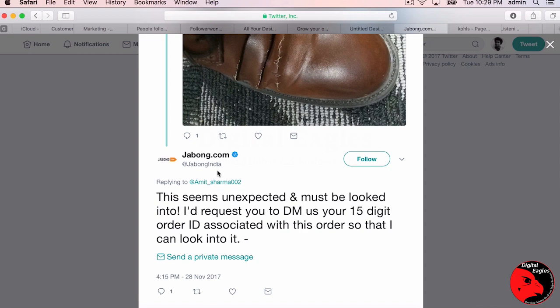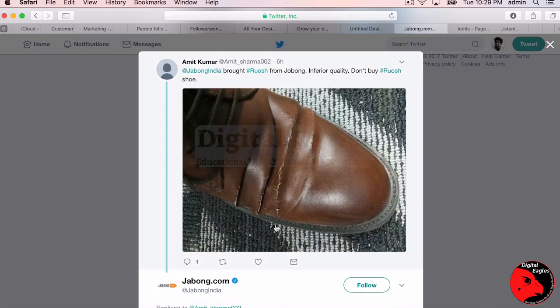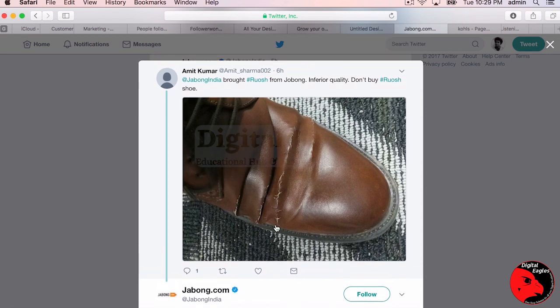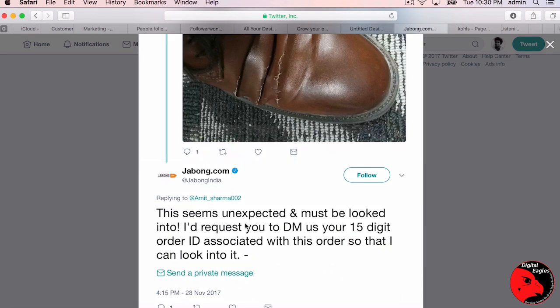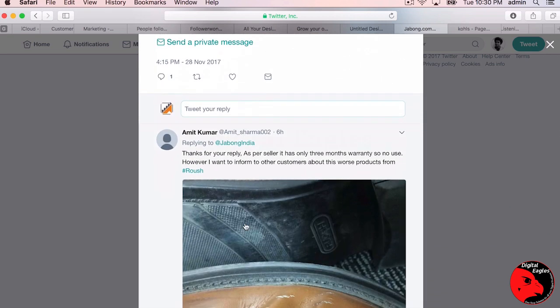So Jabong is taking the problem into a direct message, saying that okay, this can cause some serious backlash from customers and tarnish your brand reputation. So they are trying to take this problem into a direct message, and the person has